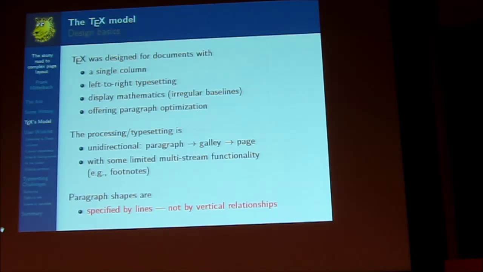And I think this is another one which is important. The paragraph shape is based on the paragraph lines. It is not based on the vertical spacing. So it goes awfully wrong if you have something which is not regular in the paragraph in terms of height. So for example, as far as paragraph shapes are concerned,